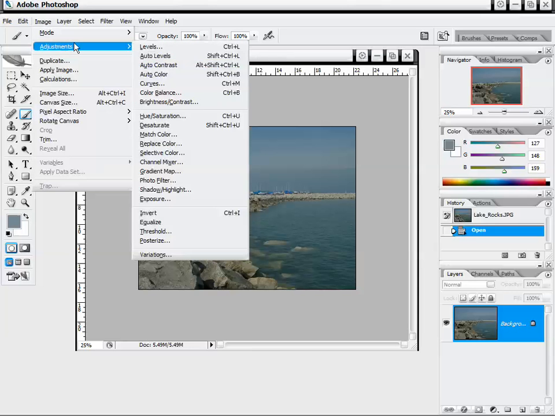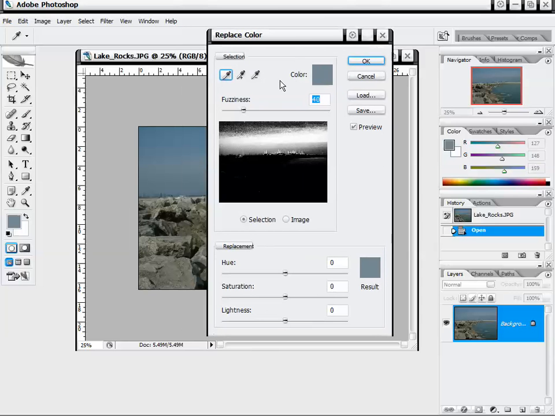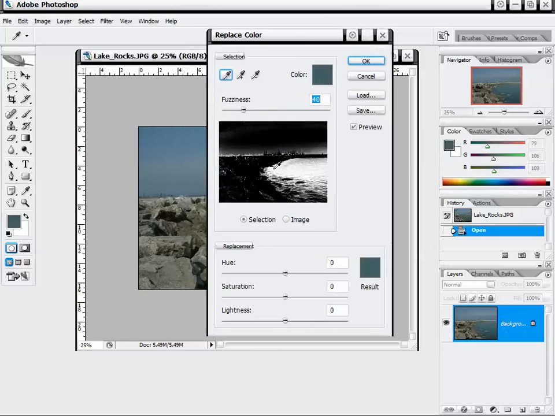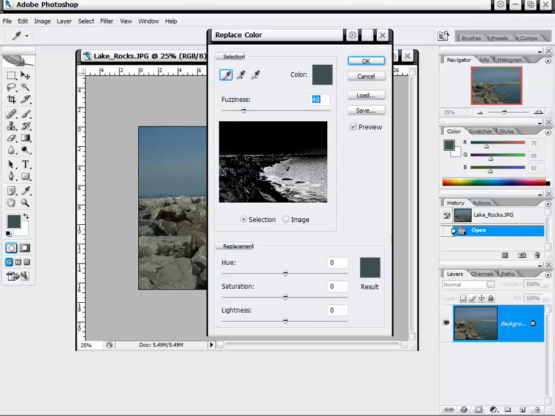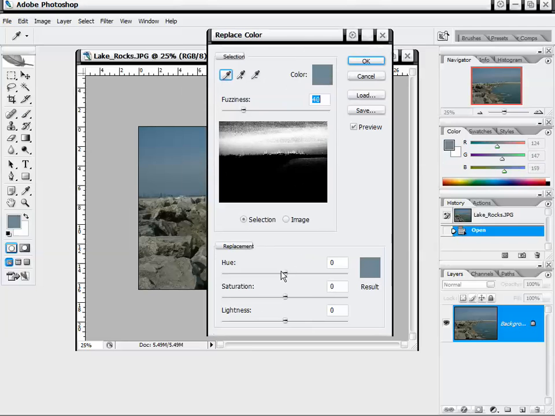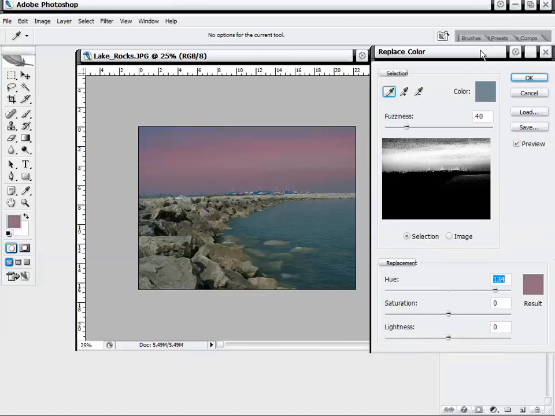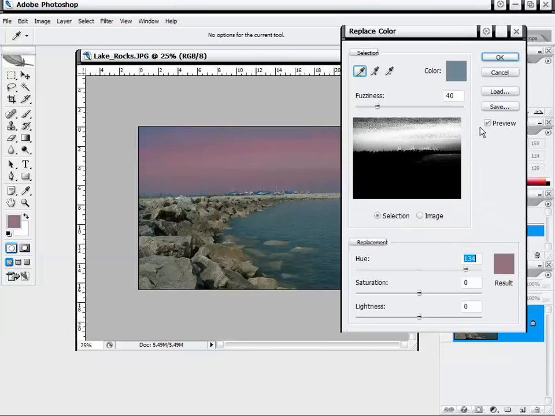So I'm going to go up here and go to our next one, which is replace color, which will allow us to replace one color with another, and we can go around using this eyedropper tool to select the color that we want and then what to replace it with. So we can replace this with more of a purple. So let's go in here and take a look at what this is actually doing. This is our